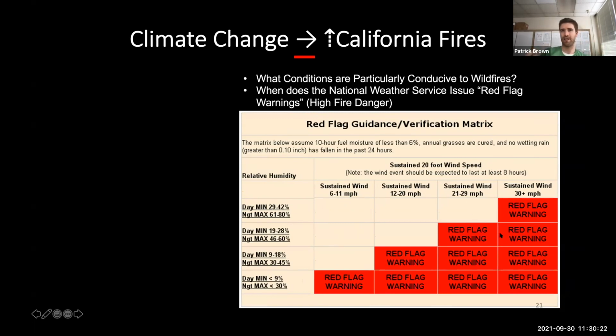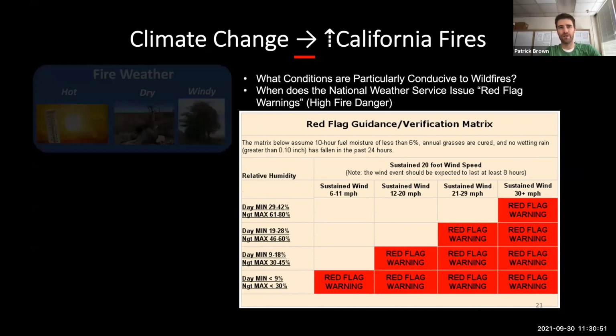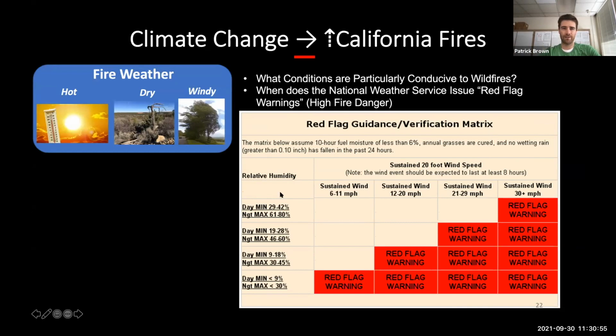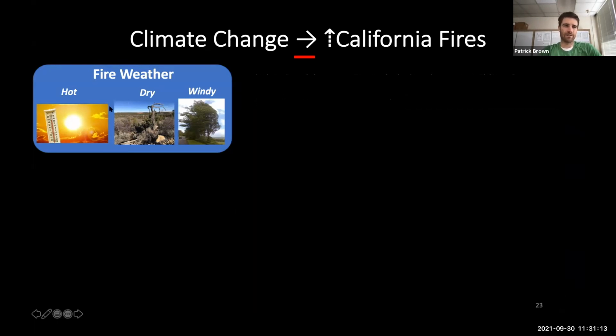That's giving us an indication of what type of environmental variables would need to change climatologically in order for the climate to be more conducive to wildfires. And the other variable that is not necessarily represented here is temperature. So shorthand for fire weather conditions, the phrase that's often used is hot, dry, windy. So we see dry and windy on this chart, and then the other thing is hot, is temperature. So we can see this, it's relatively obvious just from looking at the seasonal cycle that these things are what affect